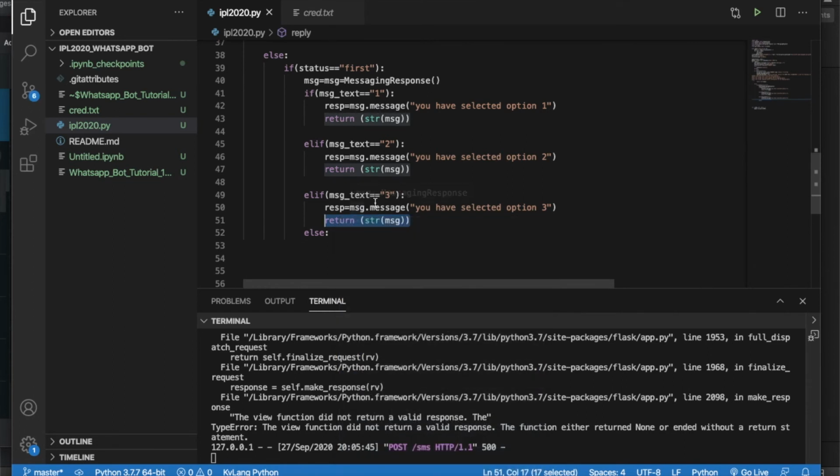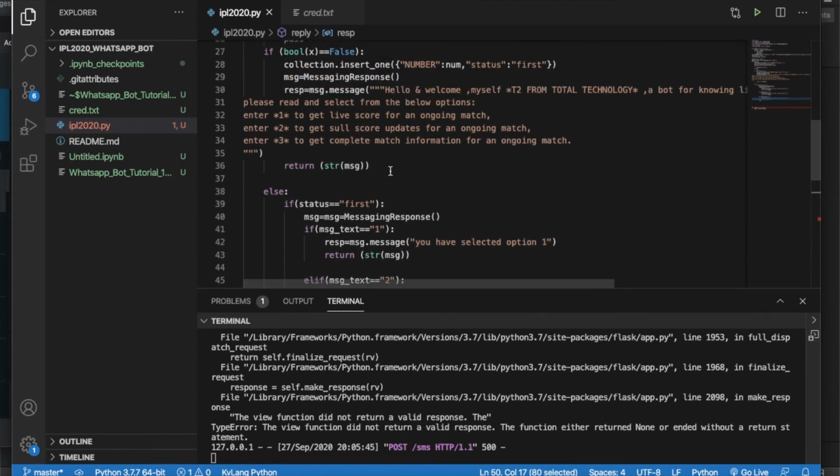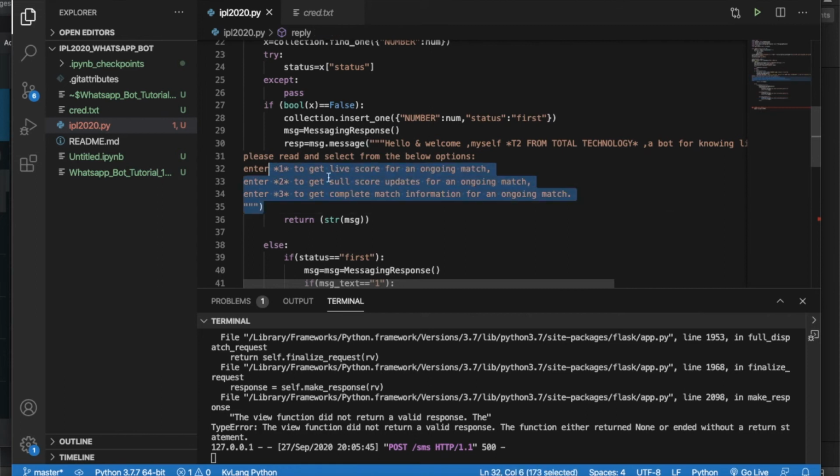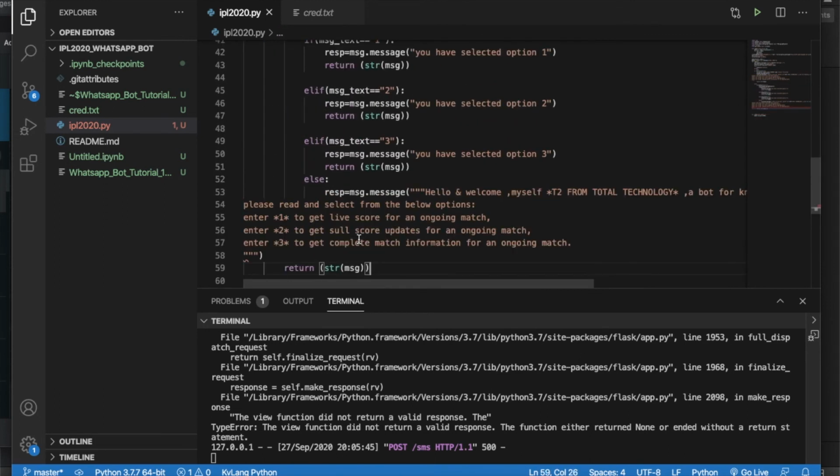Actually I want this message for the else, because I'm asking the user to enter again, because maybe he is not able to understand what is happening.